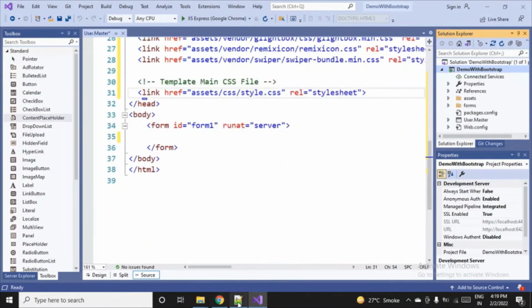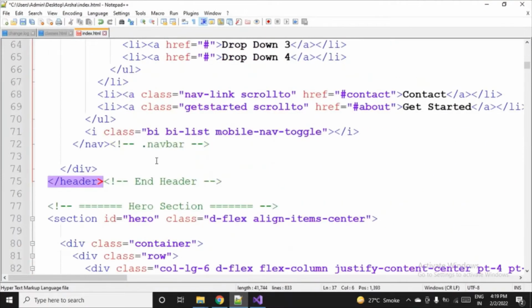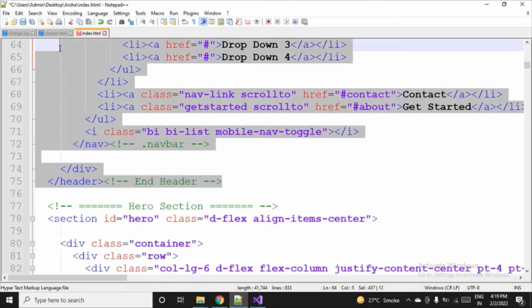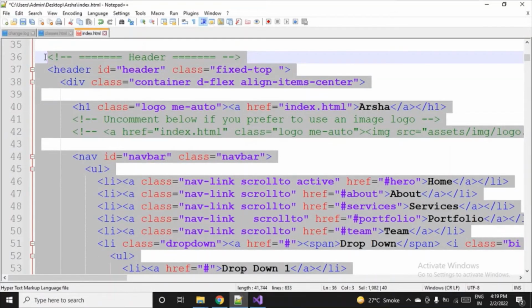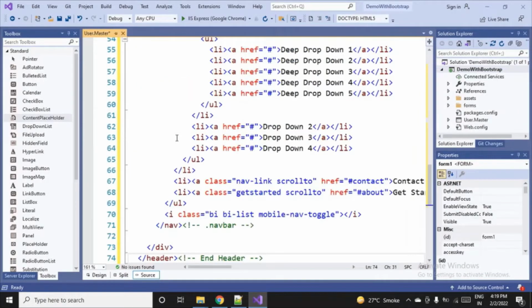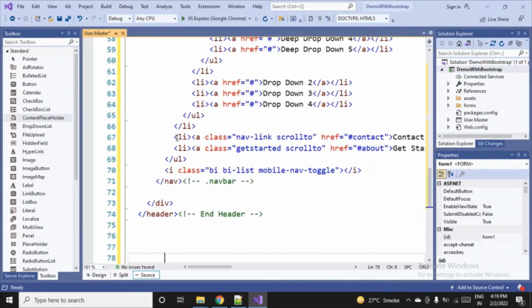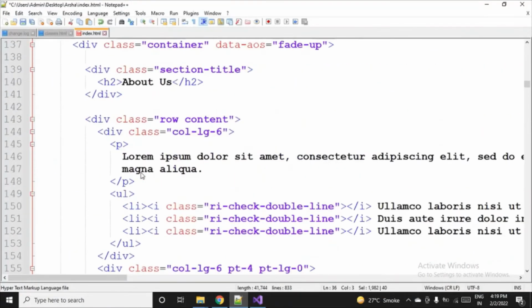Now let's target the header part, which we want inside the body. So let's select this, and I'll come to know where the header ends. Beautifully they have crafted it by mentioning the comments so that you will get the complete idea. I'll select the header portion here, copy, and going back to Visual Studio, I'll paste it here. And after the header, now I'll go with the footer part. So I'm scrolling down.